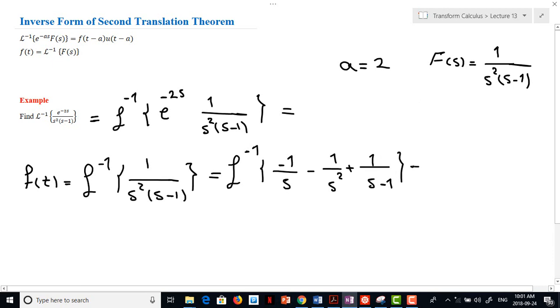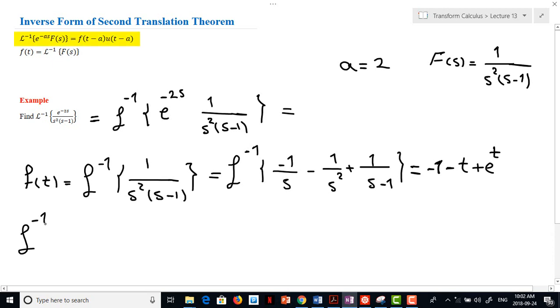As a result, f(t) is equal to Laplace inverse of minus 1 over s, which is minus 1. Laplace inverse of 1 over s squared is t, so minus t. Laplace inverse of 1 over s minus 1 is plus e to the power of t. So now we have f(t). As a result, based on inverse of second